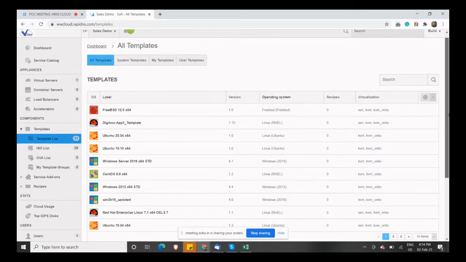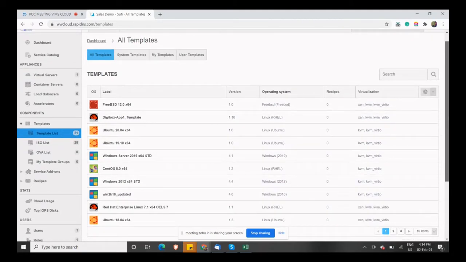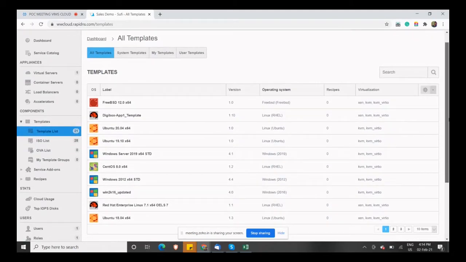Here in the components, you can see multiple operating system templates which you can add to create any virtual machine. There are several operating systems like Windows 2012, 2016, CentOS. And if you have any specific operating system, you can let us know. You can share a link with us and we can add it from the backend, which you can later take from us. Like if I give you an image file, that can be loaded as well, right? Right, exactly. Okay.